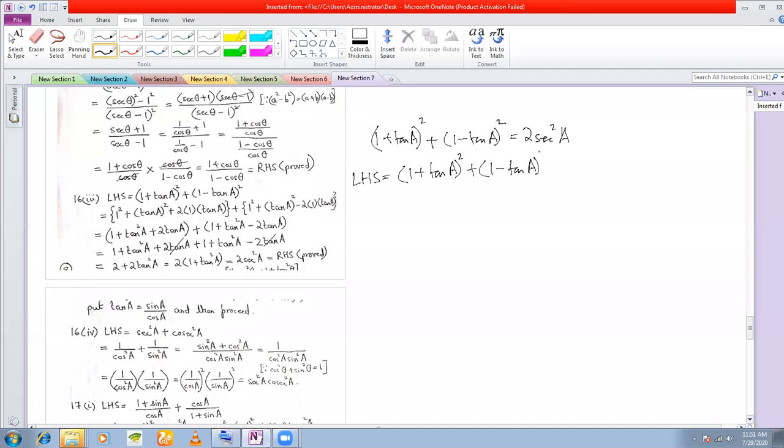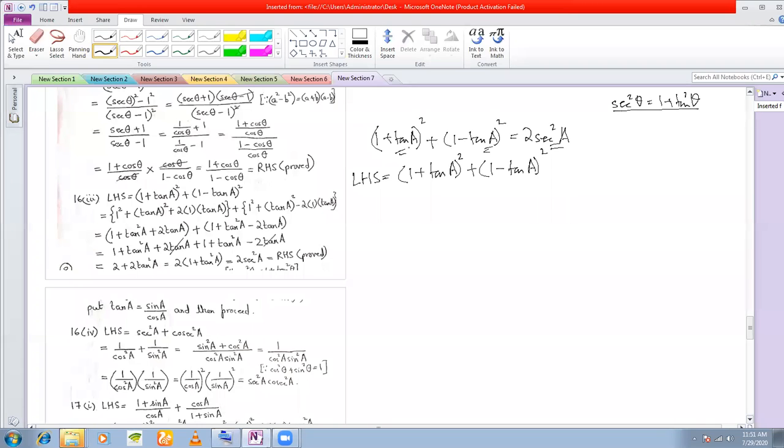On the left hand side, you see a tan, right? And on the right hand side, you see a sec. So what comes to your mind immediately? Sec square theta is equal to 1 plus tan square theta, isn't it? Whenever you see a sec and tan, this should come to your mind. That means I can change tan to sec or sec to tan.